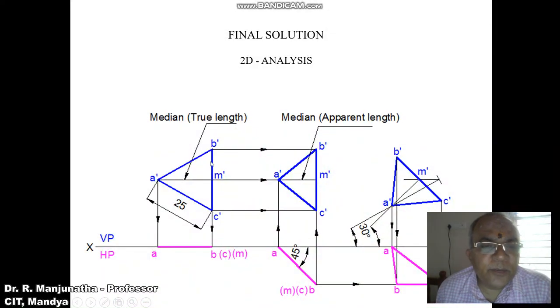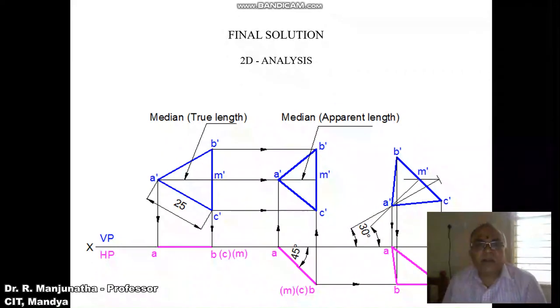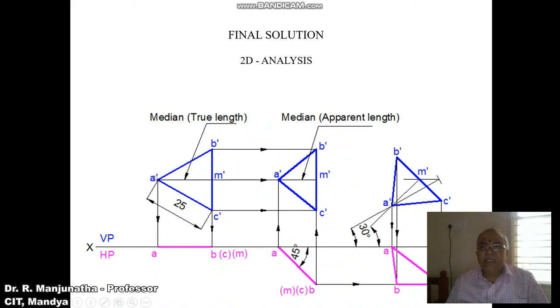First we draw a vertical line, and you measure a distance of 25, and you mark this point as C dash and B dash. Then with reference to C dash, you measure a distance of 25 mm using the compass and draw an arc. Similarly, with B dash as center, take a radius of 25 and cut the previously drawn arc, so that you get the point A dash. Then you mark the points A dash, B dash, C dash, and join A dash to B dash, B dash to C dash, and C dash to A dash with a dark line.